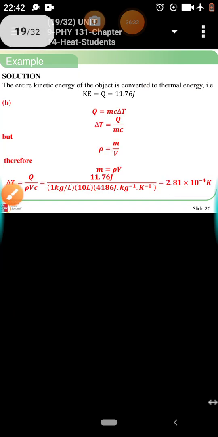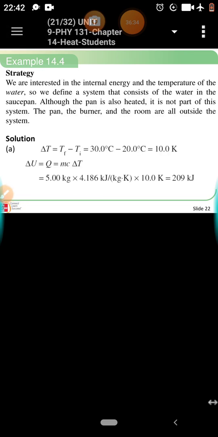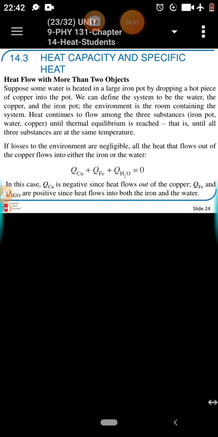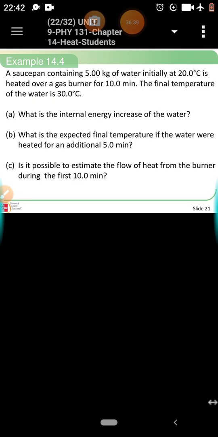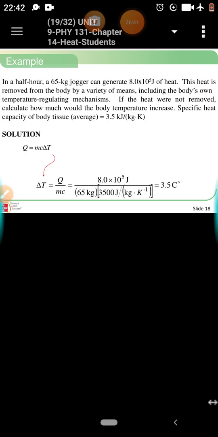So let's go to the next example. Check if I can do, okay, then I'll stop here. So if I go to the next example,